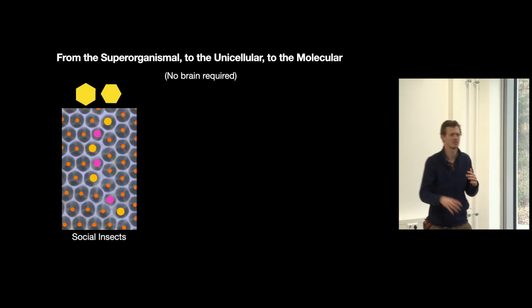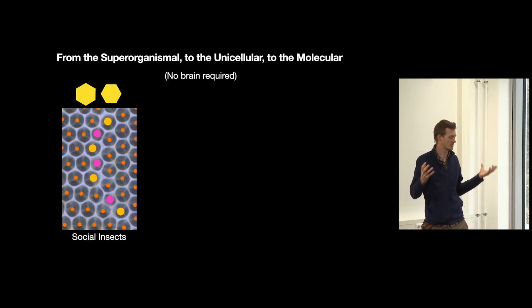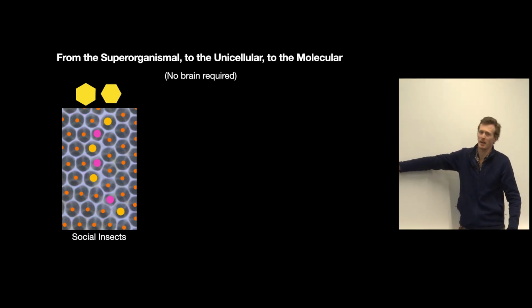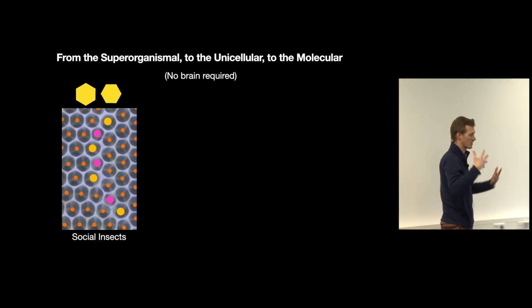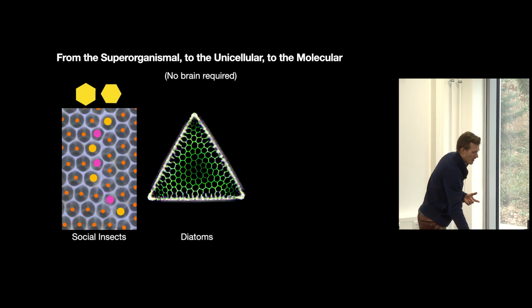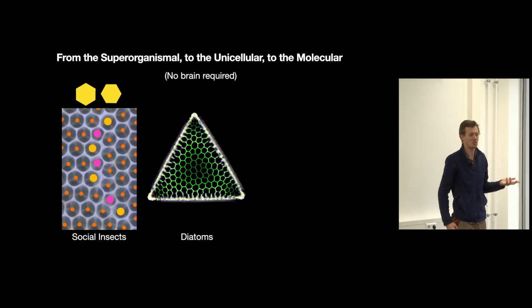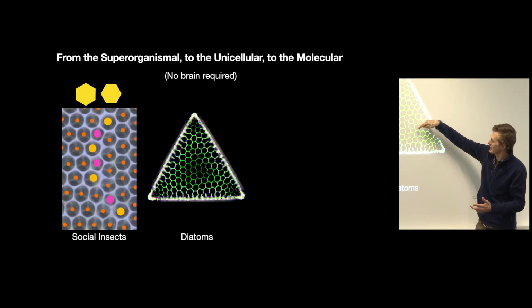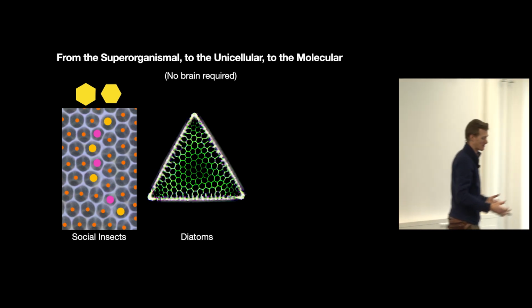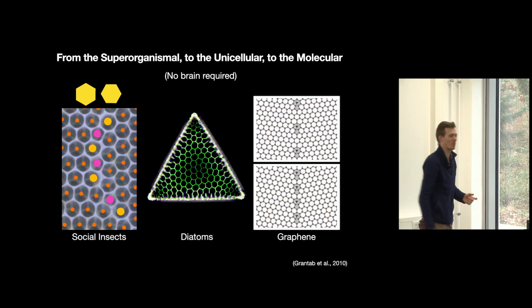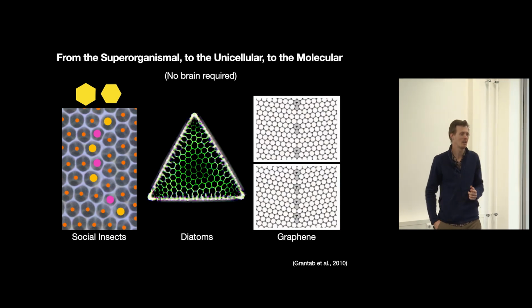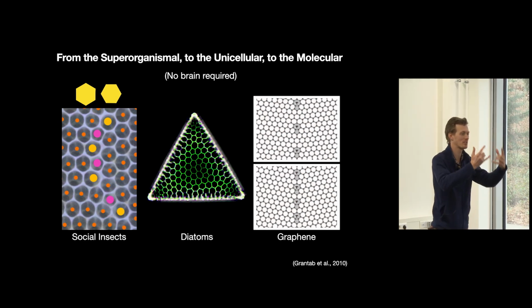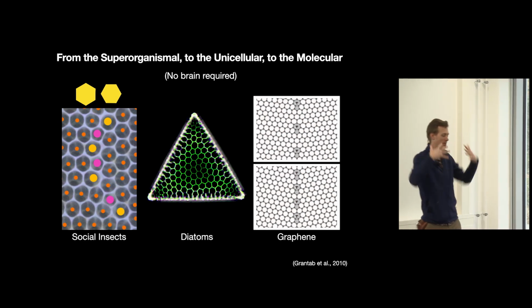So to span this out a little beyond the social insects, here's what the social insects have done. They do 5-7 pairs when they have to combine these hexagons together. And well, the diatoms actually do the same thing. They also have 5s and 7s in their structures. And even something without a brain, 100% graphene, does the same thing. Graphene also has these 5-7 pairs when you create these grain boundary edges.